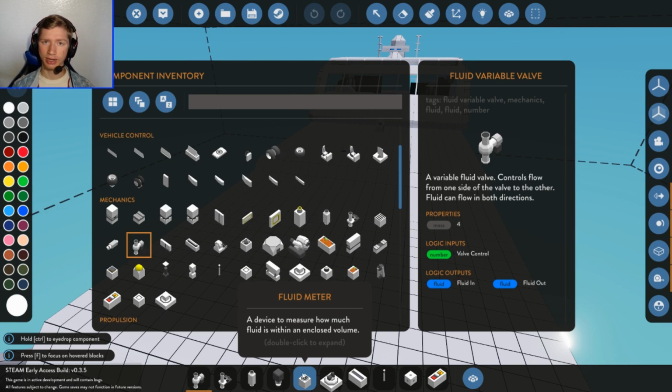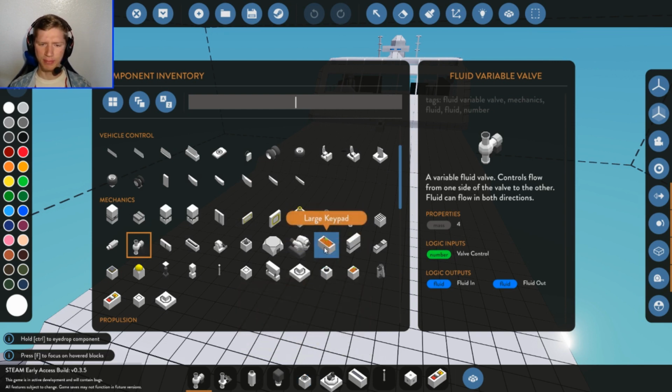And one thing I wanted to add on, I don't know if this was the most recent update, but we do have a large keypad and a small keypad. So I may have missed that from a previous update, or it might have been from the most recent one. And that's going to be a really good thing for large ships, because I've seen a lot of large ships from the workshop, and all of them have a wall of buttons basically. So if you can have an entire keypad in front of you or in front of your lieutenant or something